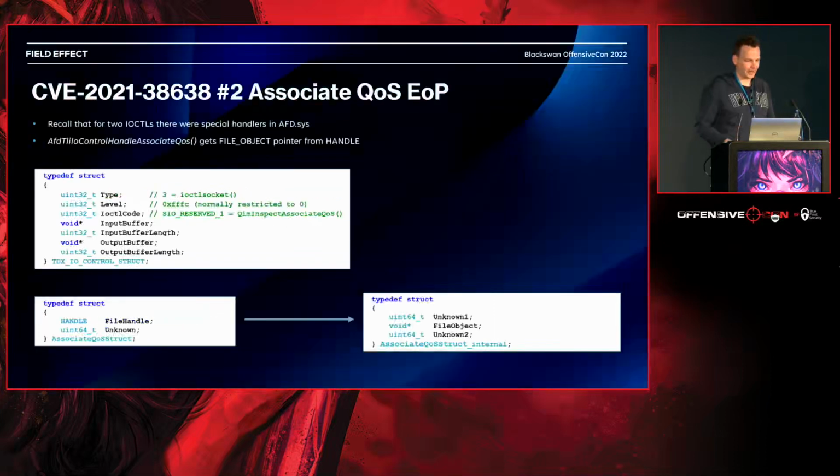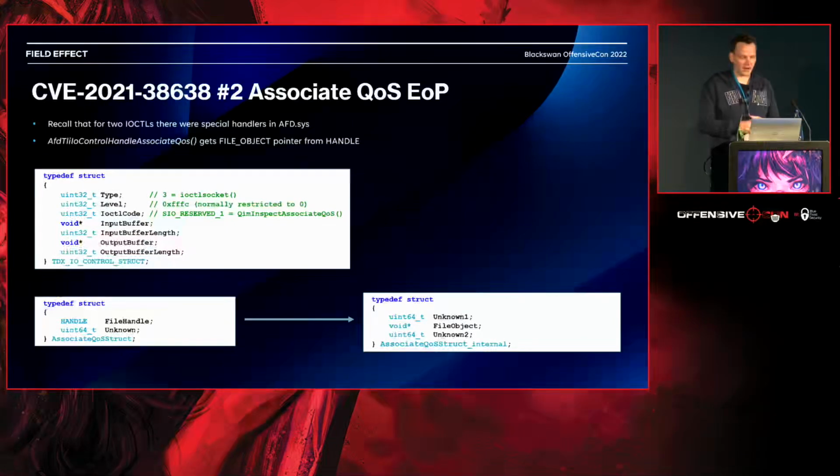So the second thing, if you recall when I talked back about the validation, besides just the restrictions on types coming in, there were also those two functions that did some extra massaging of the input data. So there was this associate QoS, or quality of service, function, and what that did, like I mentioned, was convert the input buffer into some other format. There are no symbols for it or examples of using it, so I don't know entirely what the structure is, but there was some structure you were supposed to pass in on the left that has a file handle and some other value, and then it would get converted to this structure on the right that has a file object pointer, so it looks up the object for the file handle, and a couple of other values. And so when you come in through the TDX bypass, you're able to pass in this structure on the right. So you can pass in a pointer to an arbitrary file object,